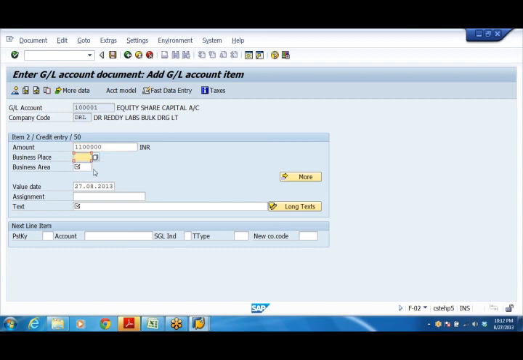And see, business area and text are showing as required entry. If I don't enter them, the system will not allow me to save. There are two problems here. Fill in all the fields: equity share capital received, business area DRHY, and just click on overview. You may post documents up to 10 lakhs, but because here we have posted 11, the system will not accept. If it is 10 lakhs, it will accept. Click on overview.